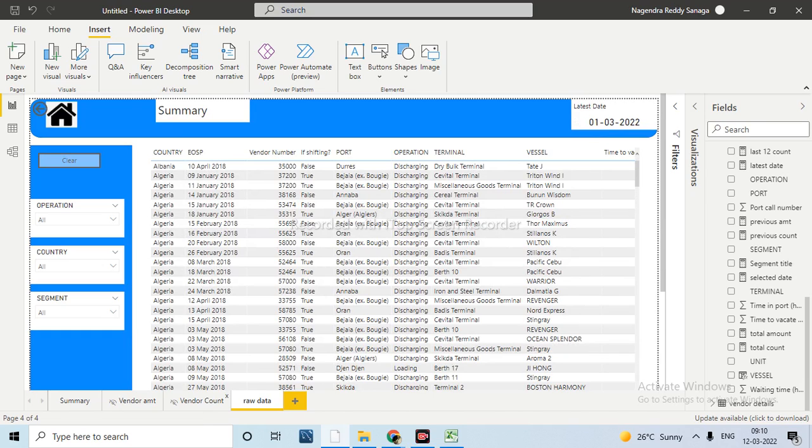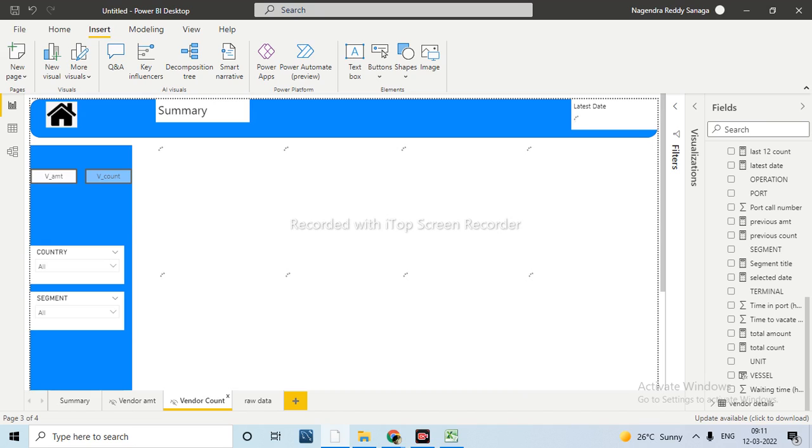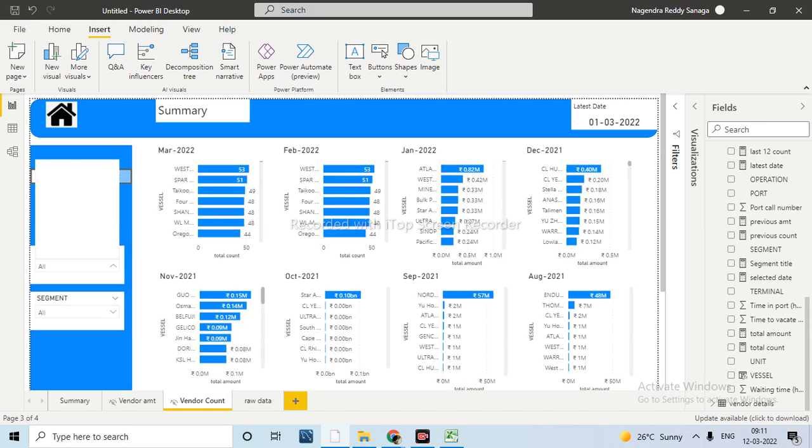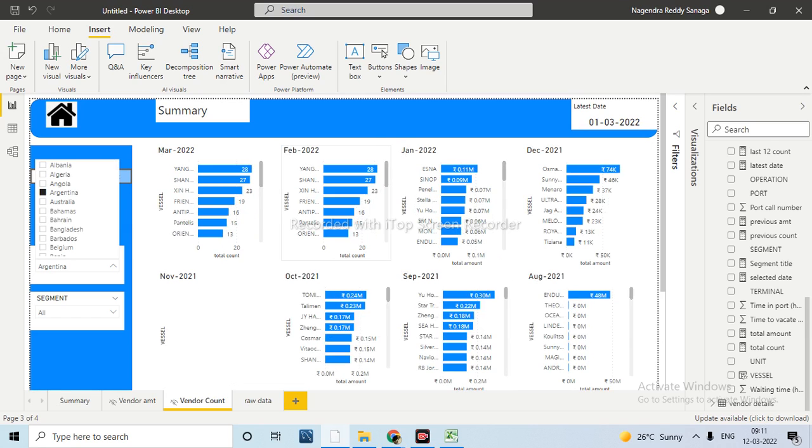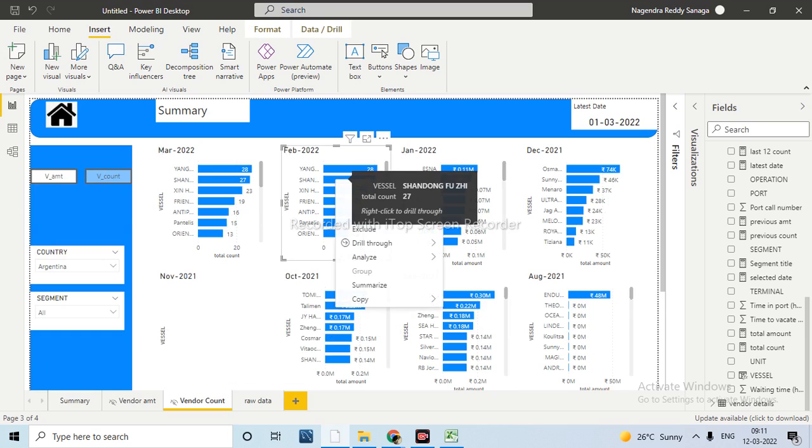Now, for example, if you have applied, first thing here itself, any country filter, Argentina, in all the visuals Argentina data will be filtered. And next thing, I am filtering this, for example, this one, December 2021.